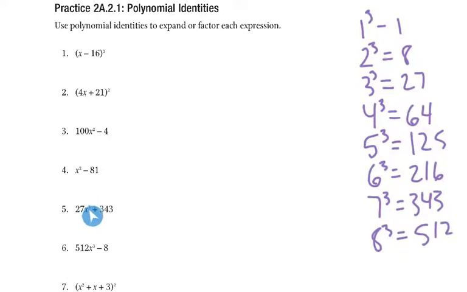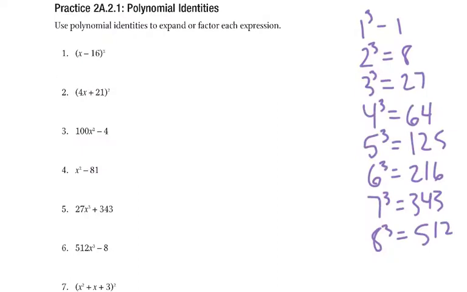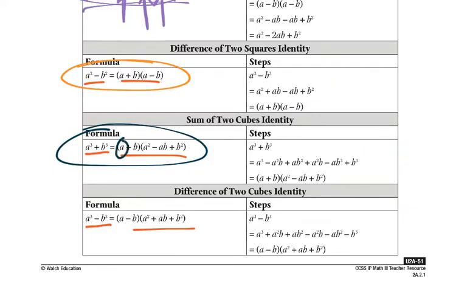So once again, I've got the cubes, and a plus, cubes, and a minus. So I know that I'm going to use these plus and then minus. So 27 is 3 cubed. So 27x cubed would be 3x cubed. 343 is 7 cubed. So I'd have 3x cubed minus 7 cubed. So that's A, that's B. So the pattern here is A plus B, then A squared minus AB plus B